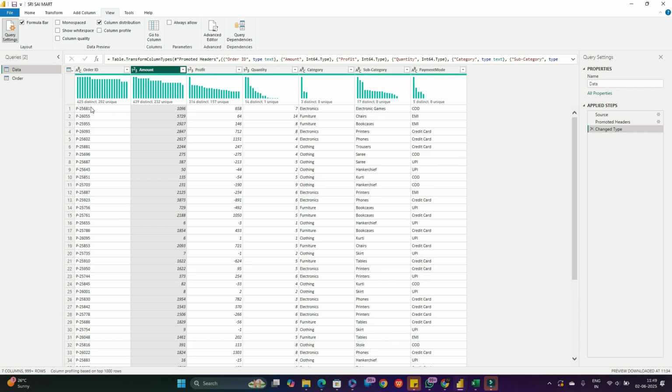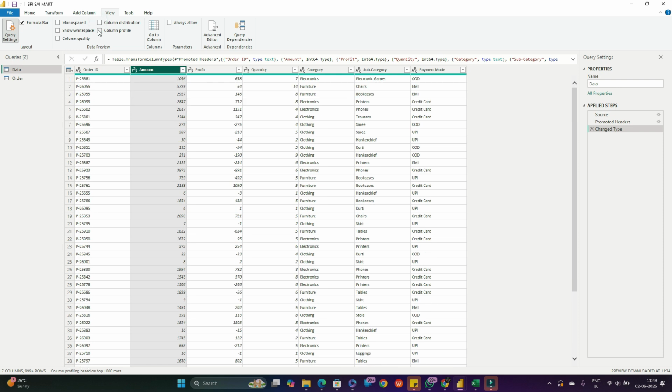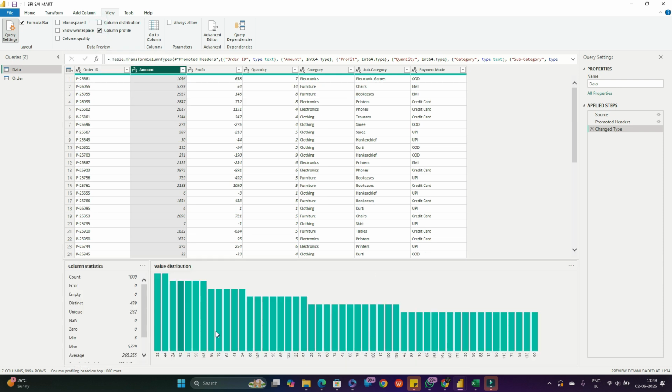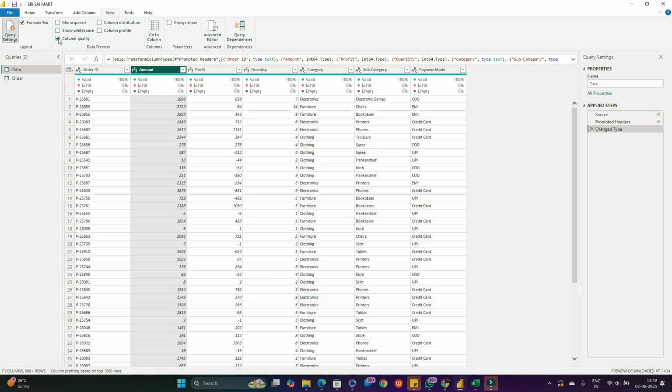See, there are 439 distincts and 232 unique values, and in these columns also, if you click on this, you can see this validation count. There are 1000 lines, out of which 439 distincts and 232 are unique values, and max, average, everything will be calculated automatically. And column quality also you can see here, valid is 100% because we don't have any error,